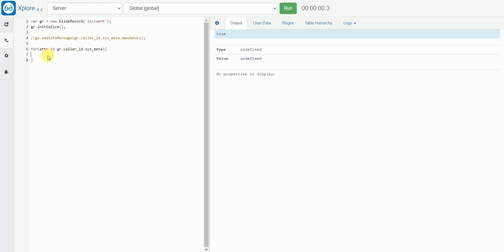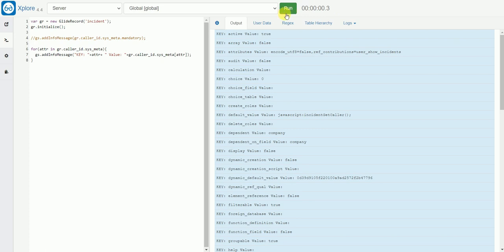Let's take its sys_meta. gs.addInfoMessage, and let's put something like this: key, colon, plus our attribute over here, plus let's have our value over here, with a space on this side, plus gr.caller_id.sys_meta[attr].